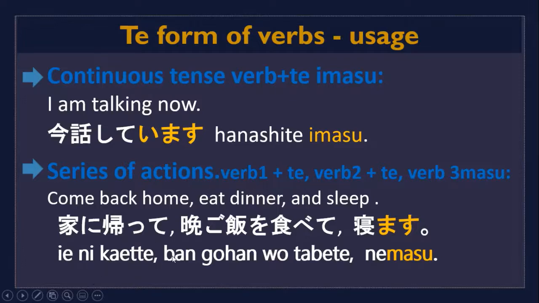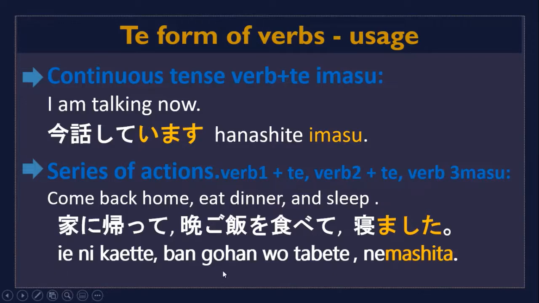家に帰って晩ご飯を食べて、晩ご飯 means dinner, を食べて寝ます。寝ます is sleep. So this is how we say. 家に帰って晩ご飯を食べて寝ます。Or you can say 家に帰って晩ご飯を食べて寝た。寝た is past tense. Or you can say in the masu form 寝ました。